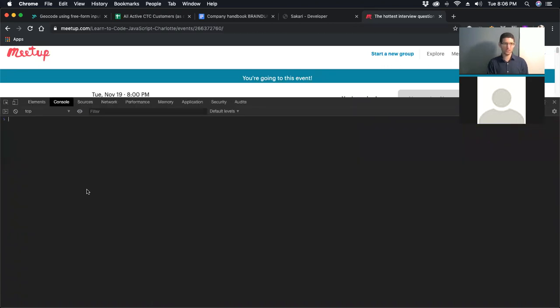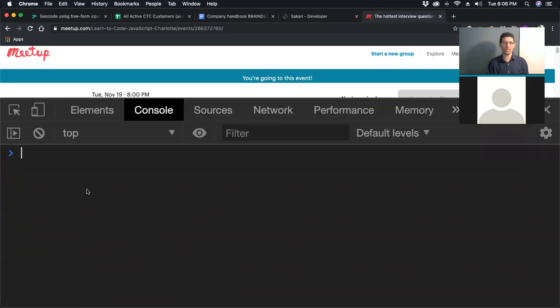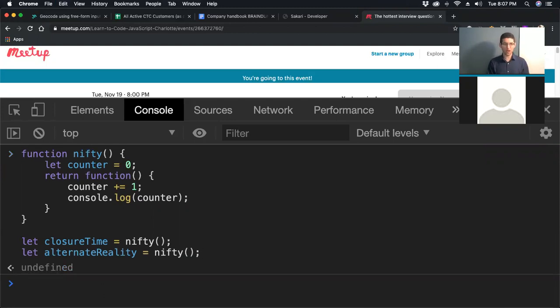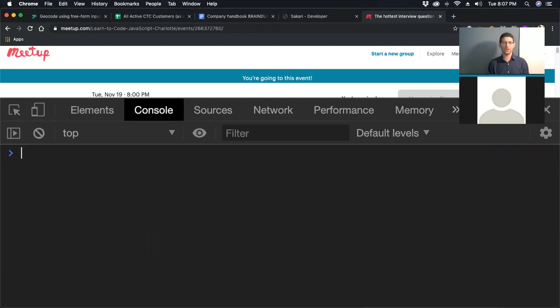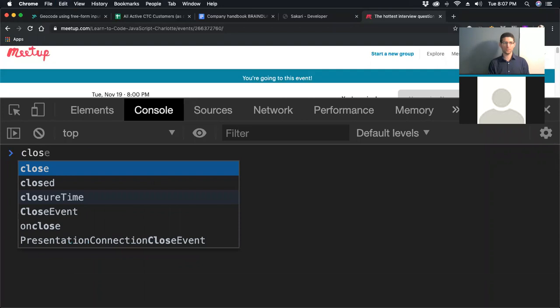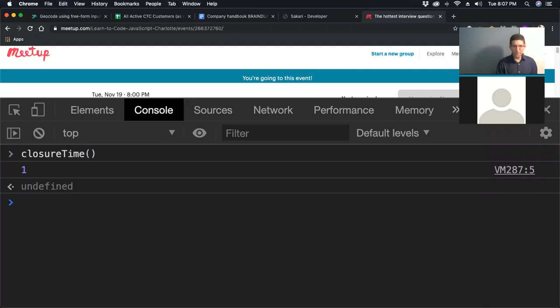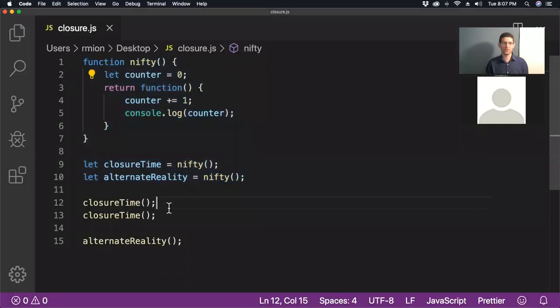Let me zoom in. Okay, so let me paste the setup to all of this. So we declare our function and we declare our 2 variables. So I push enter, I have them all. And if I call closure time, it outputs 1. So line 12, this is 1.